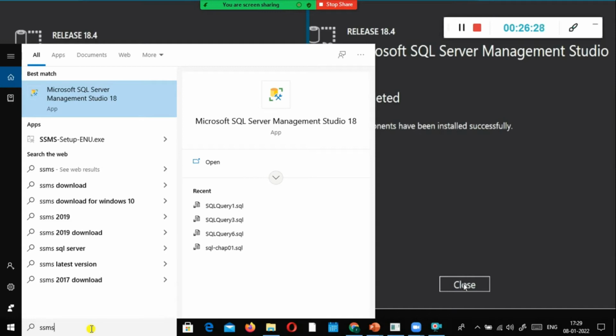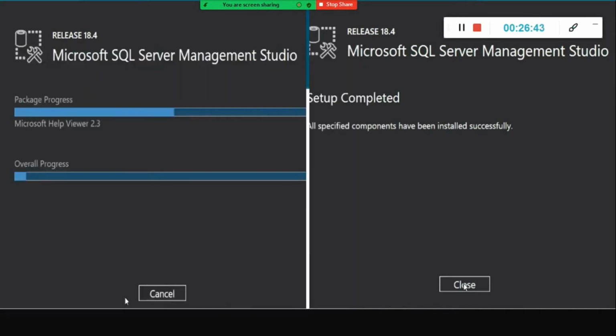Using SSMS, I will connect to the database engine. In my case, SQL Server installed successfully, so using Microsoft SQL Server Management Studio, I am going to connect to my database engine.